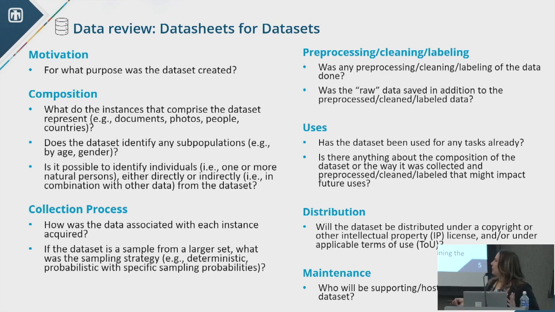I won't go through the rest of these, but these are just examples: collection process, things like pre-processing, especially pre-processing, I guess, in scientific contexts. If there is legacy knowledge of how data is acquired and stored, that is really important to capture. So at the end of the day, the product of this datasheet provides a template. It is a manual effort to fill this out, but what you're left with is a concise representation of the data in one document that describes what you used to build a model.